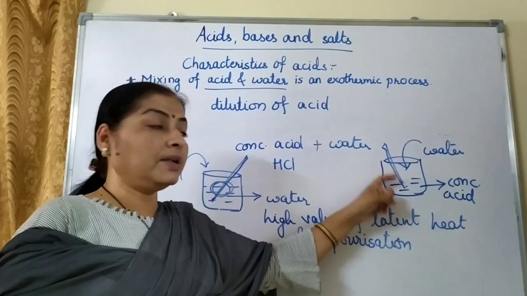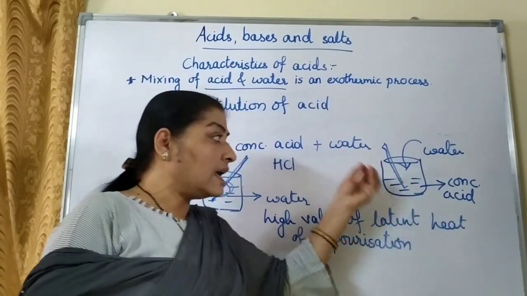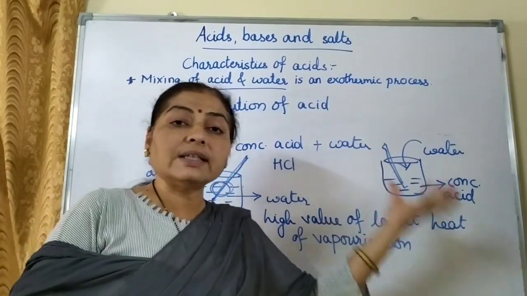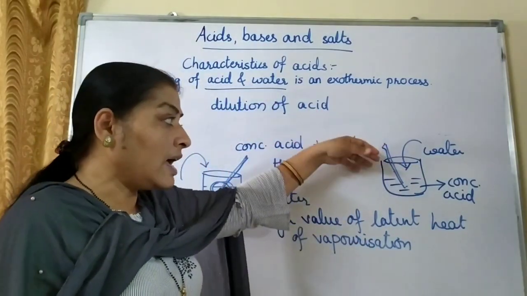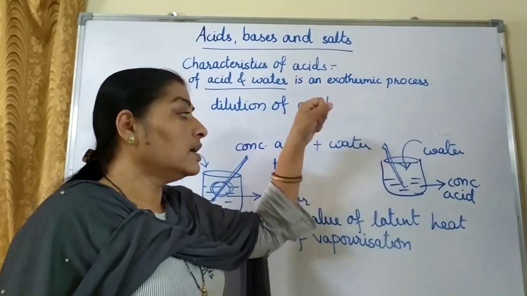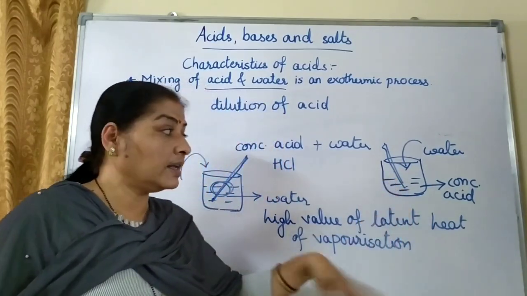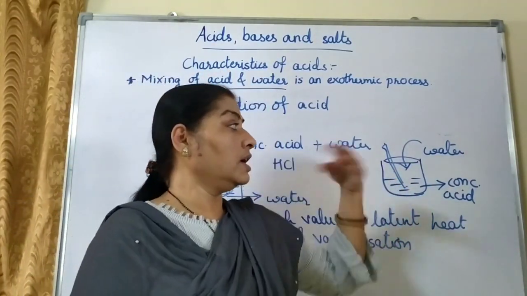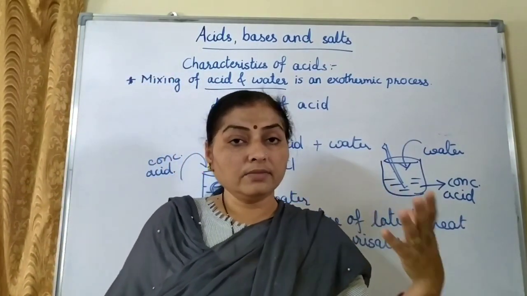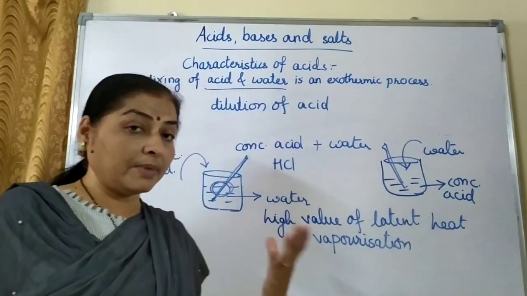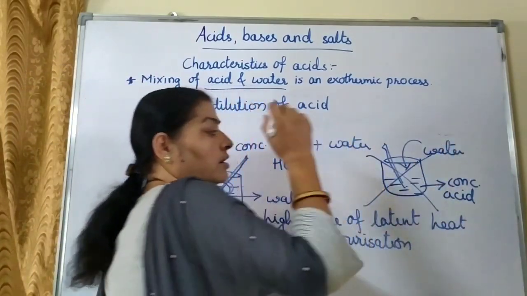So as a result, what will happen? The heat will not be absorbed in the solution which is present in the container. As a result, that heat will escape into the surroundings. Now surroundings means the beaker, the solution. So it may happen that because of the tremendous heat released, the container may break, or it may also happen that the concentrated acid which is present in the container may splash out of the beaker. It may come out of the beaker. As a result, the person who is handling that may be injured, may meet with an accident. So we should never ever try this.